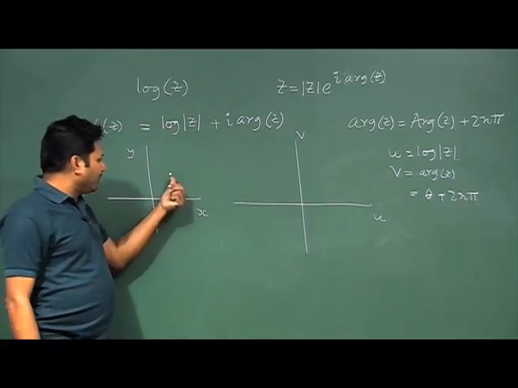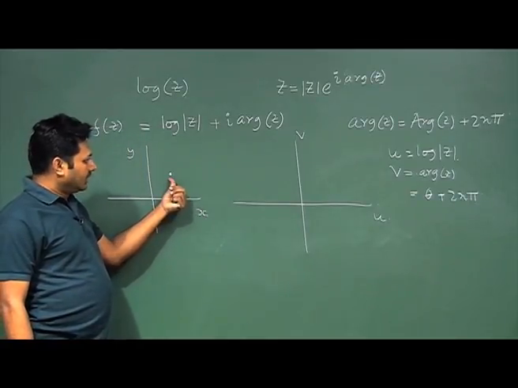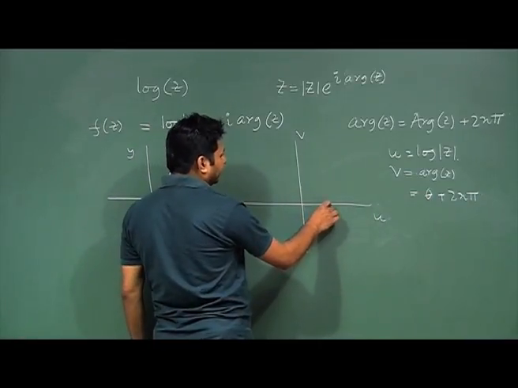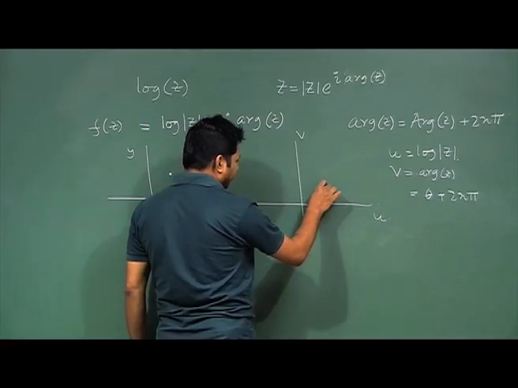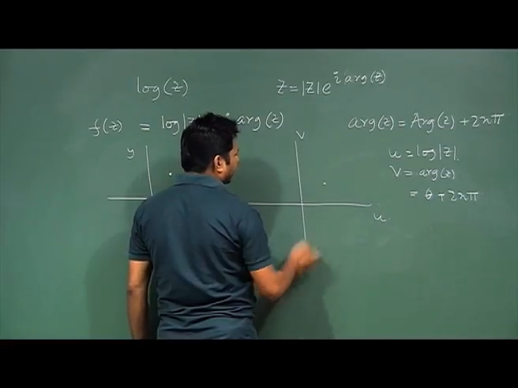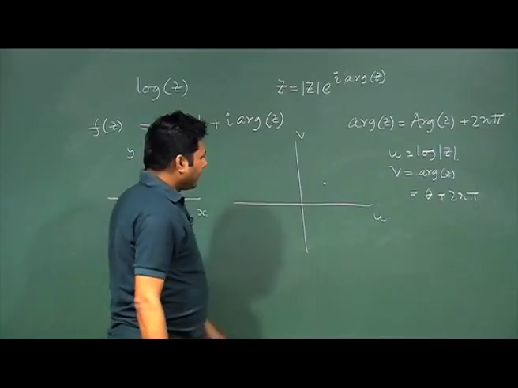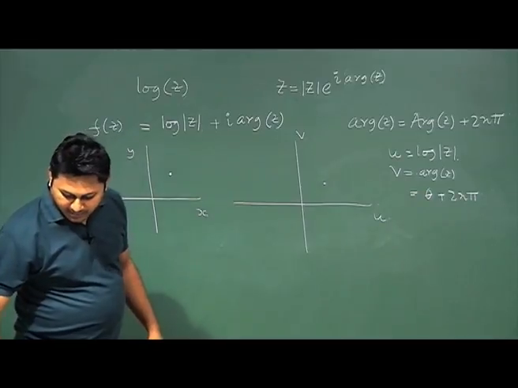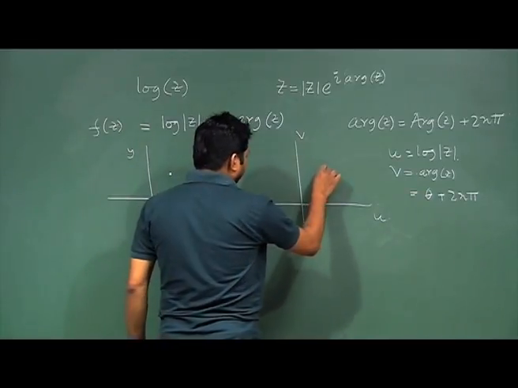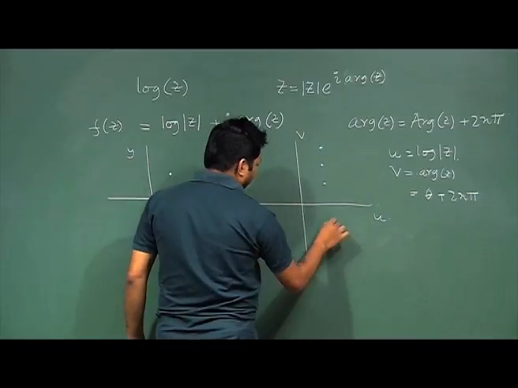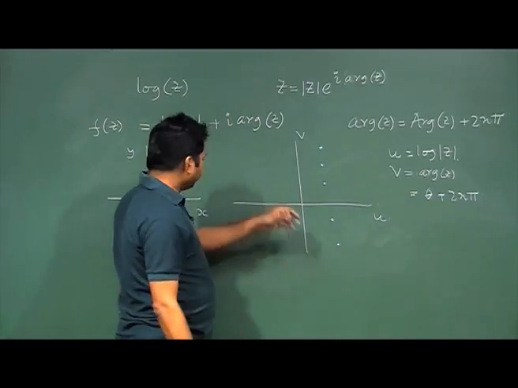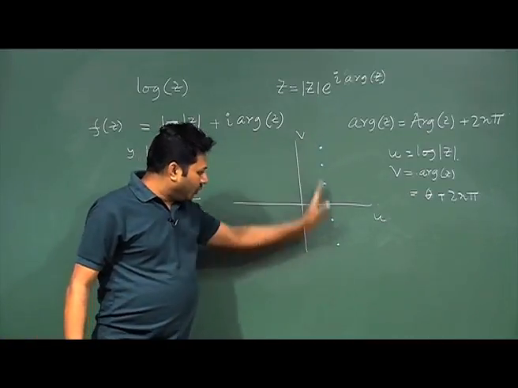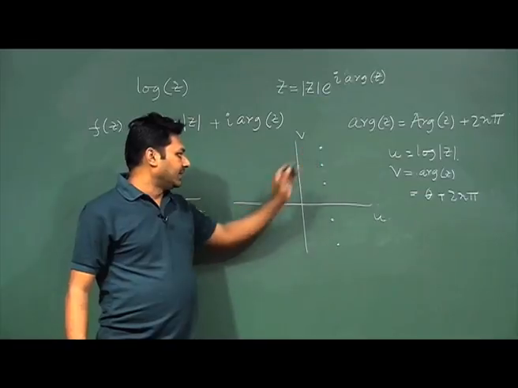Now, for a single point here, how do I plot that? So, my u is some fixed value here and v is what? v is theta if n is 0. So, somewhere some value here, but if I now go for different n values, it will be some other points also. So, I will get another point here also, another point here also, and so on. So, that means for a single point I have more values depending on the values of n.